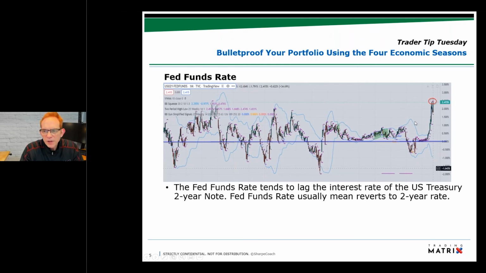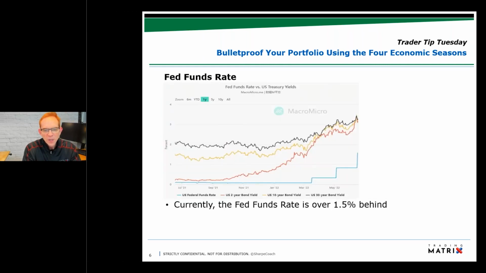The one interesting thing is recently, the U.S. 2-year Treasury note yield has been record high versus the Fed funds rate. So what this is telling us is the Federal Reserve is way behind in raising rates, and that rates actually need to go quite a bit higher. In fact, the Fed funds rate is roughly 1.5% behind the 2-year yield. So that would say to get this fair, the Reserve needs to raise the Fed funds rate 1.5%.